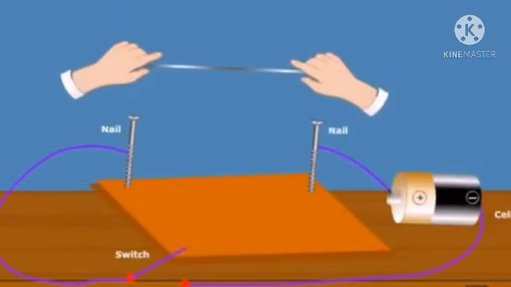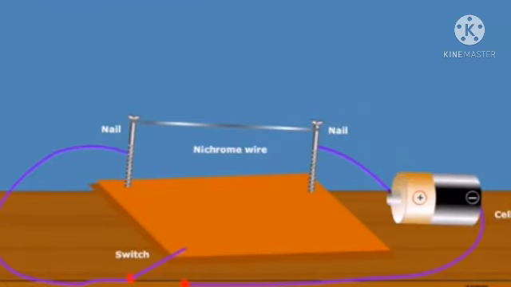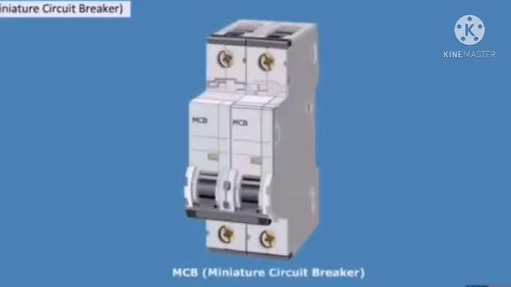Take a 10 cm long piece of nichrome wire and tie it on both sides. Now touch the wire, then switch on the current in the circuit by moving the switch on. Touch the wire again. Do not hold the wire for a long time. Touch the wire again after a few minutes. We observe that the wire becomes hot when the electric circuit produces heat. This is called the heating effect of electricity.